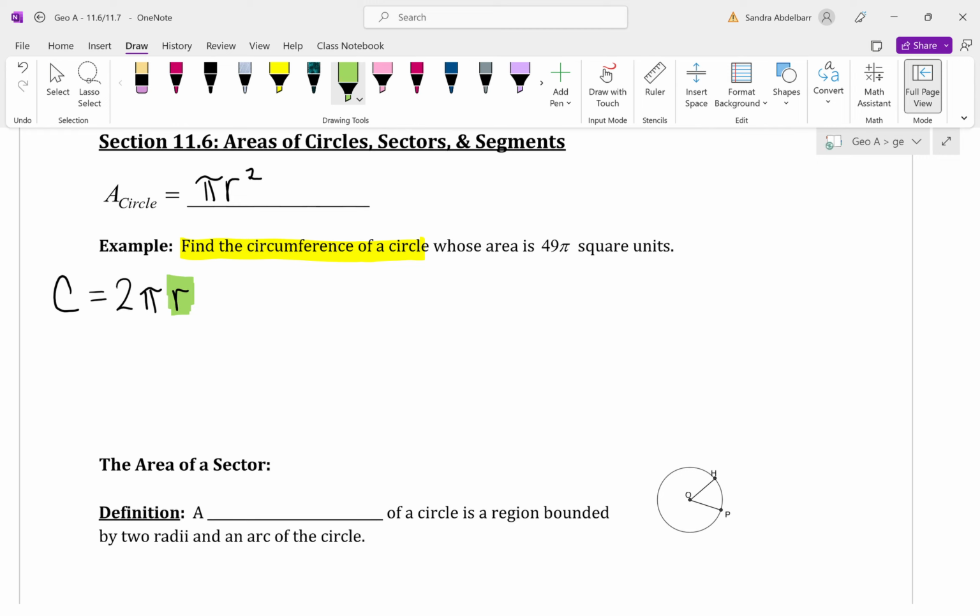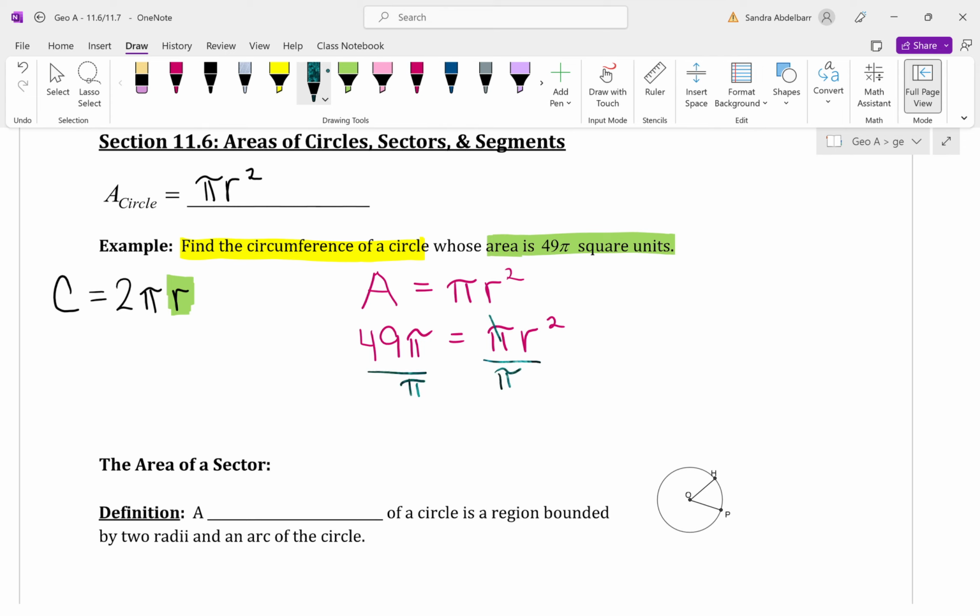They're not giving us the radius, but they are saying the area of the same circle is 49 pi. Because they're now saying the area, I'm going to write out the area formula, where area equals pi r squared. And they're saying the area is 49 pi, so instead of A, I'm going to substitute in 49 pi. And my goal is to solve for r. So I need to get r all by itself, so I'm going to divide by pi on both sides. And on both sides they cancel. So then I'm going to be left with